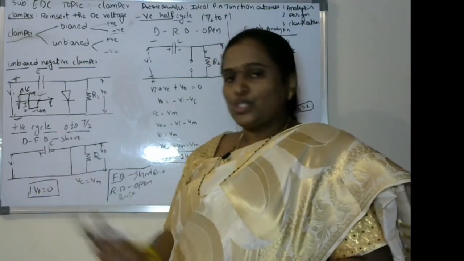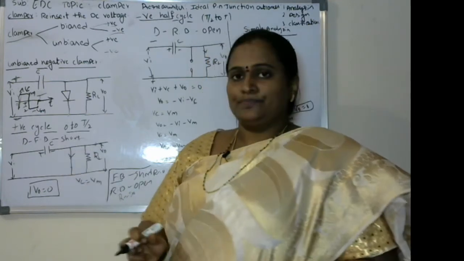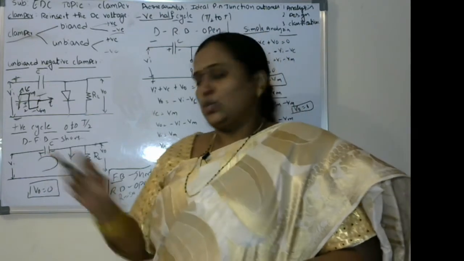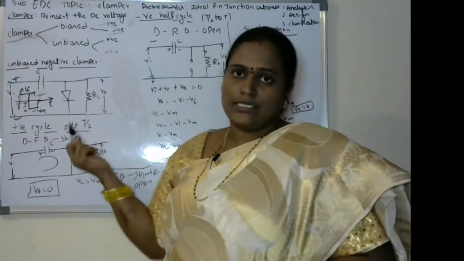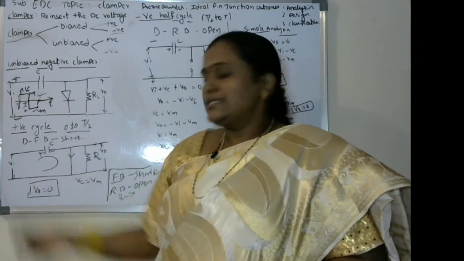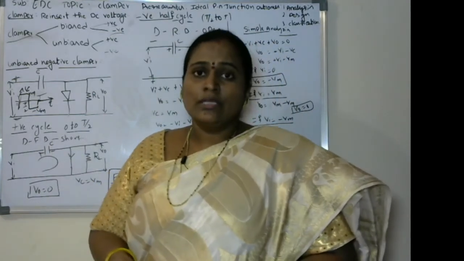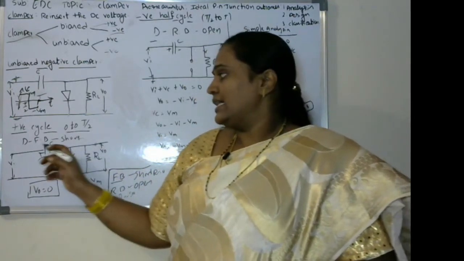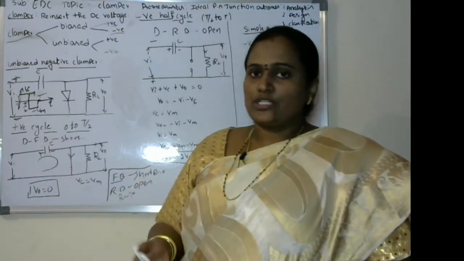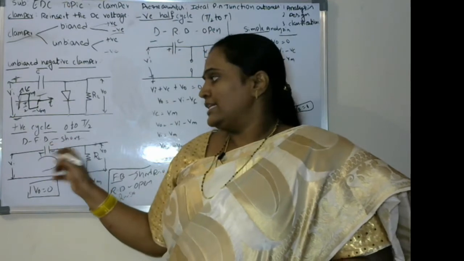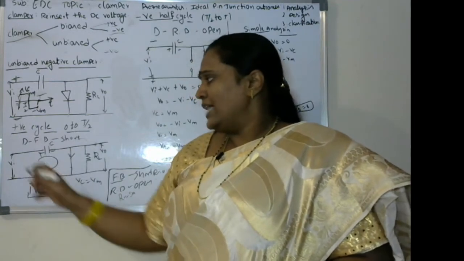Once the diode has been shorted, almost all the current is going to flow in this direction, right? There exists a closed path. Initially, the capacitor voltage we are going to assume as 0. One of the assumptions in this analysis is that the capacitor has the property of storing voltage, so we have to start the analysis with the initial voltage of the capacitor equal to 0.